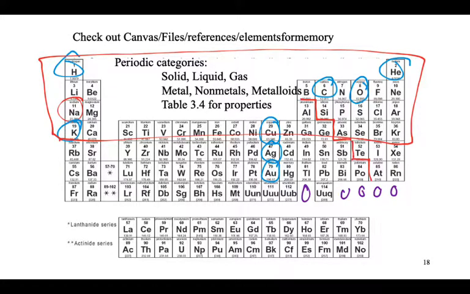Are there more that you need after that? Yeah. Okay, silver, gold. There are some all over the place. But you don't have to memorize 118. You're probably in a 50 range. Open up that file, Elements for Memory, and it lists all of the elements. Some of the elements are bolded. Why are they bolded?